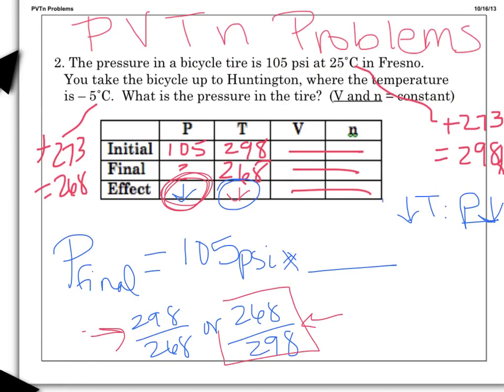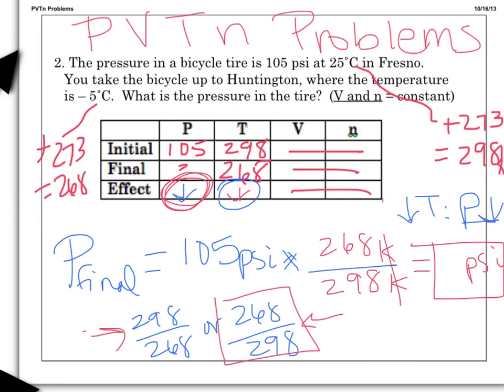All right, if you said this one, you were right. So the 268 is what we want to use to do this problem. We want to use that ratio. So to do this, we're going to plug in the 268 over 298. Now those are both Kelvin. We don't really have to put the units there because they cancel. Now when you multiply and divide, you get your answer here, and that answer is going to be in the units of psi. So that final answer you get here is going to be